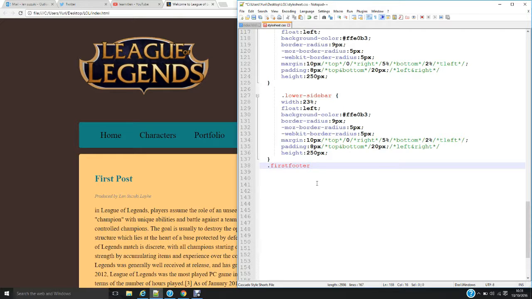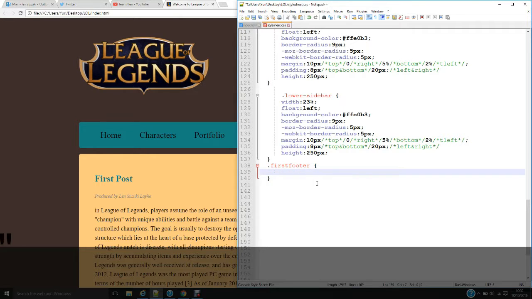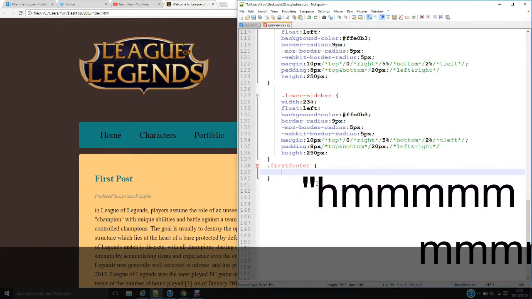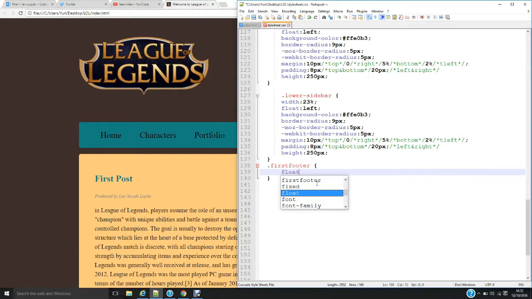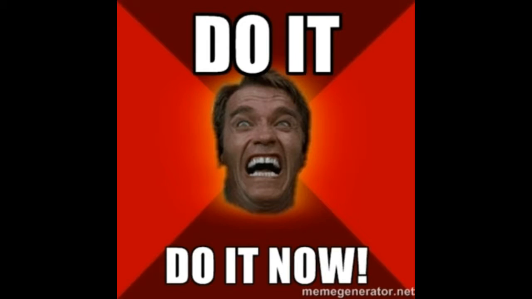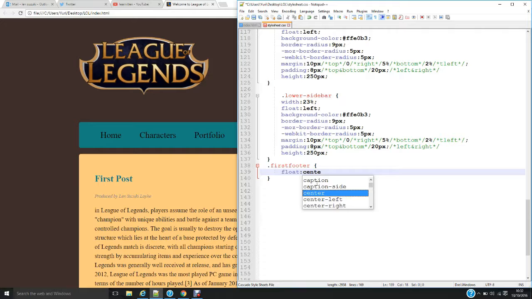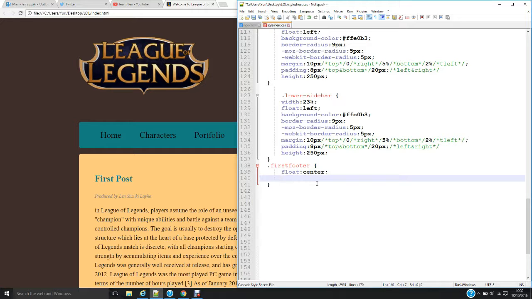So if I do spacebar and get the bracket out like that and press enter, we do float center, and then a semicolon. And we're going to do margin left,